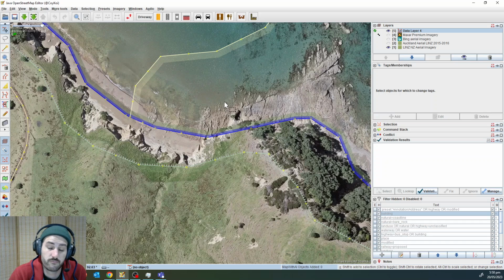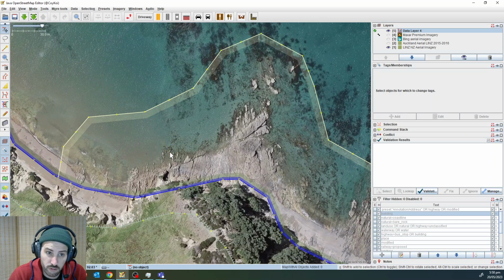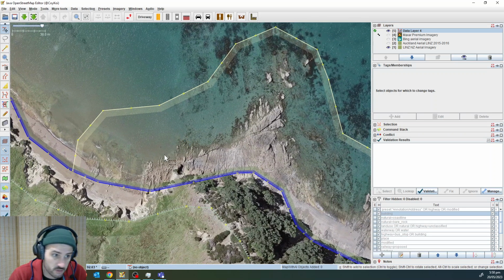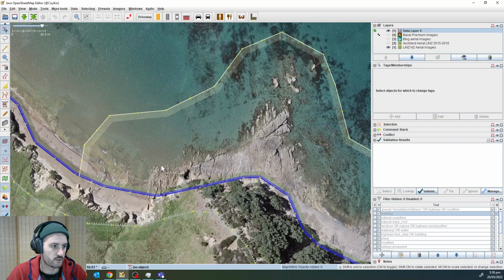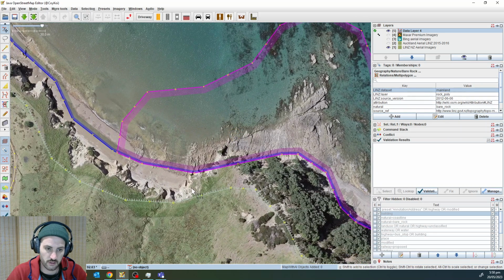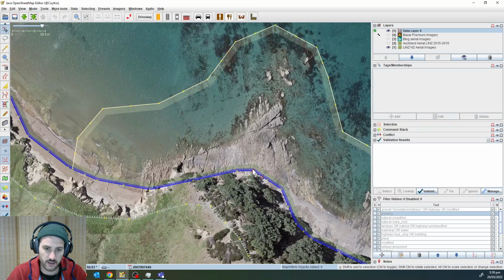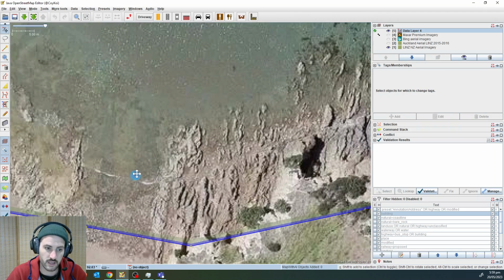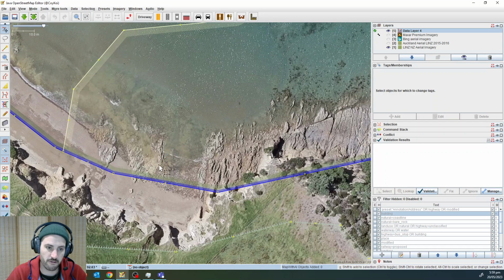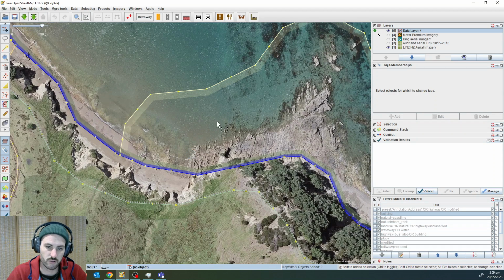This is how it's represented in LINZ topo maps, which is where the data was sourced from. So the coastline comes up to a given point, and then bare rock is only after that, which means that the bare rock is always, from an OSM perspective, in the ocean,